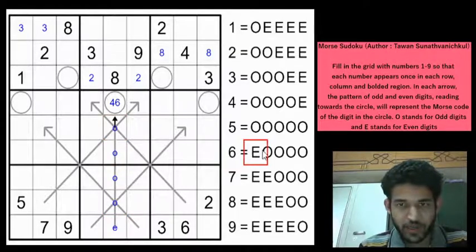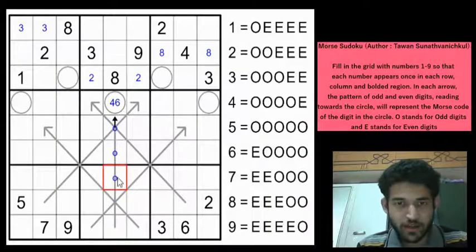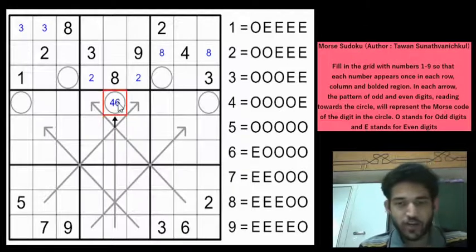based on the Morse sequence of 6. So that is also possible, no contradiction. So out of even digits we have managed to eliminate only 2. Now let us look at the odd digits and see if we can eliminate anything else. 1, 3, 5, 7 and 9.